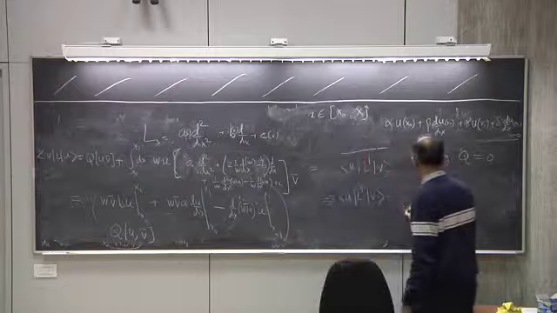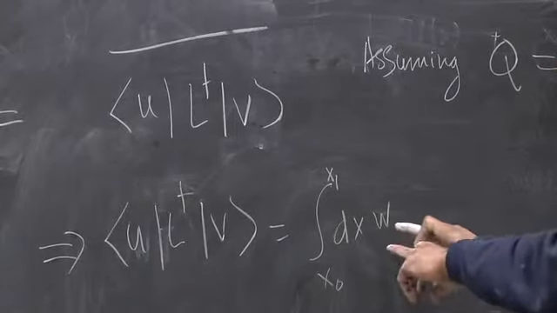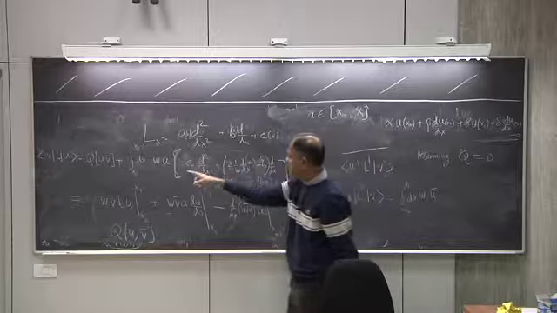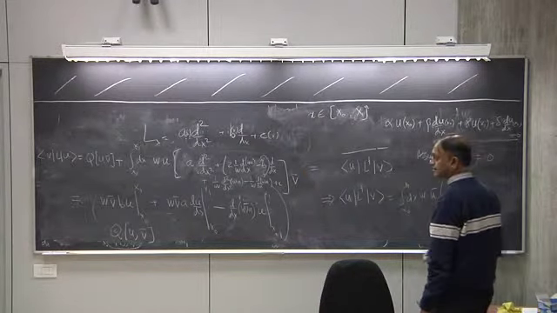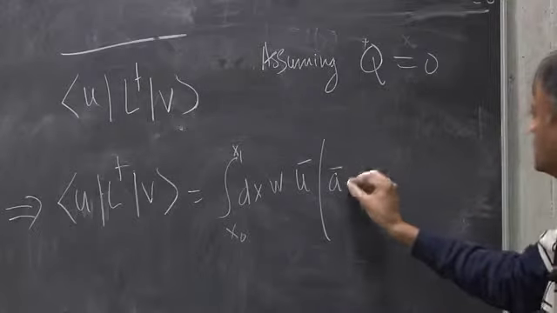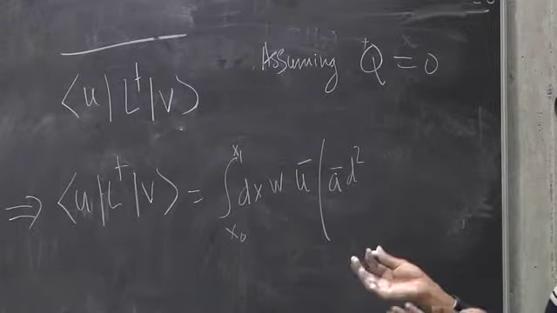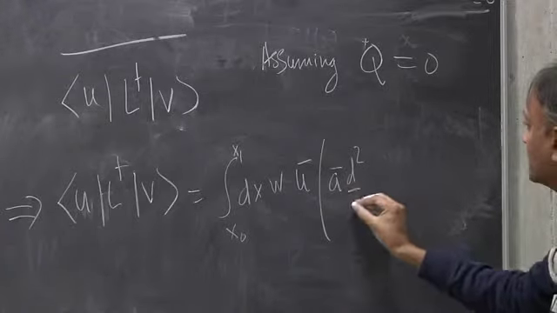So you get here the integral from x0 to x1 dx. W is real, so the complex conjugate is the same. Then you get a U bar, the complex conjugate, and from here you get A bar d2 by dx2, because A could be a complex function. I mean, A is a function of x. X is real, but it may have complex coefficients, no? Complex d2 by dx2